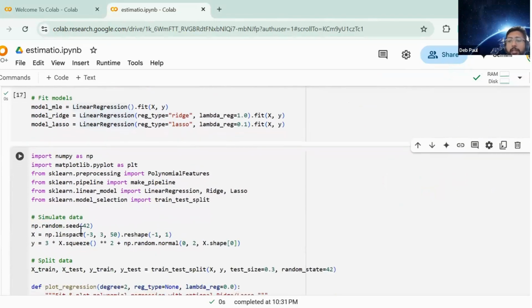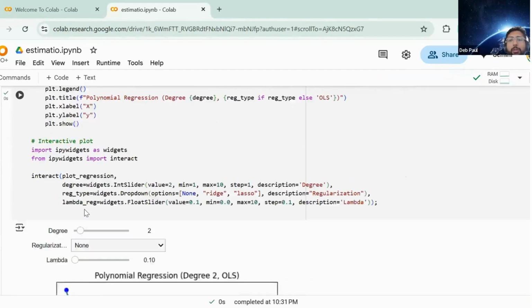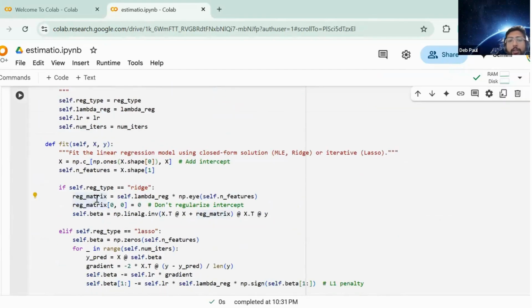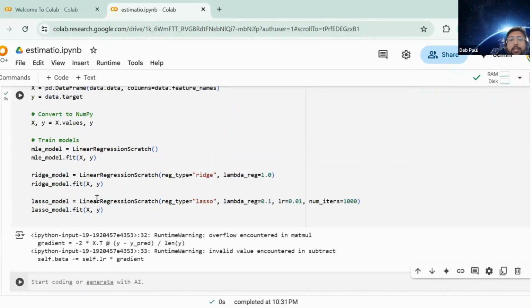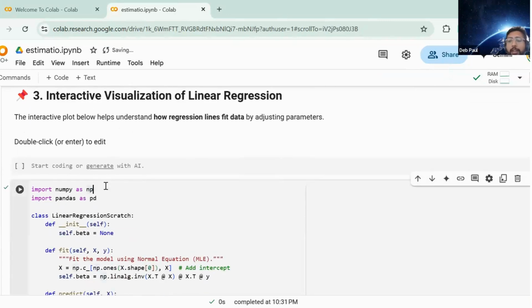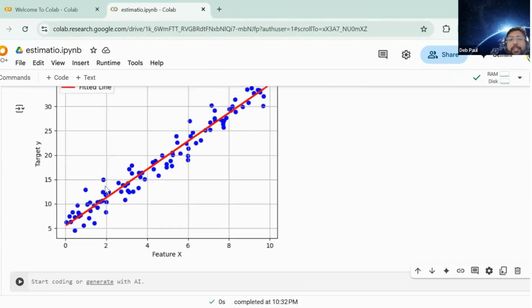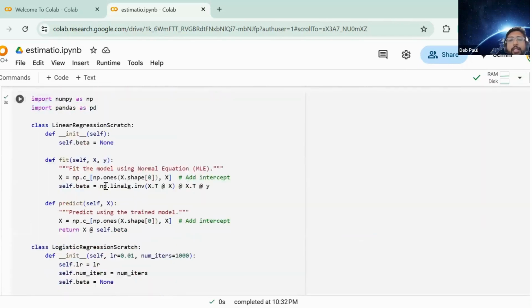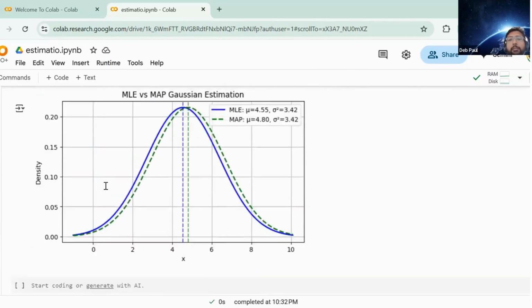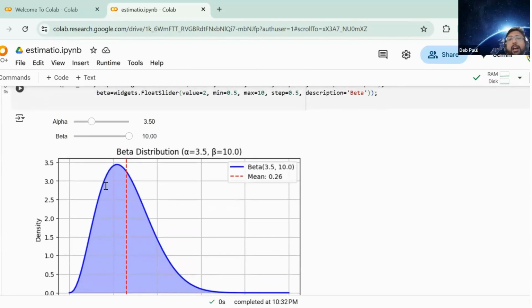You can either use scikit-learn, or I have also given code where you can write your own linear regression, or write your own logistic regression. All this is given. Feel free to play around with this code and get some interesting results. I will not explain the code, but I'll give you an exercise around this code.